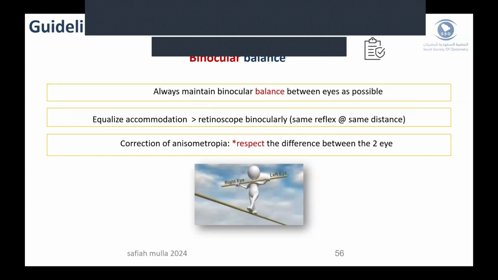Okay. After 6 to 7 years, now the emmetropization process is complete. You may do full correction. We give a refraction, but however,